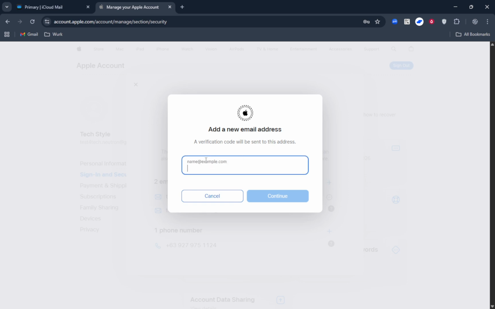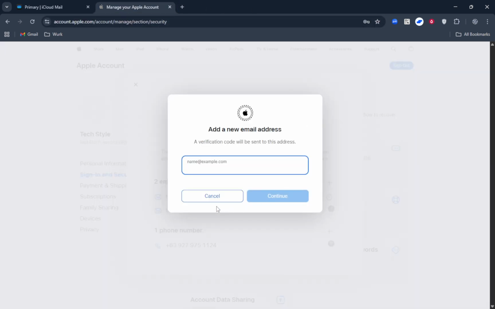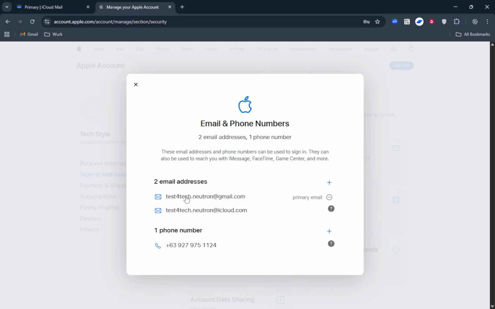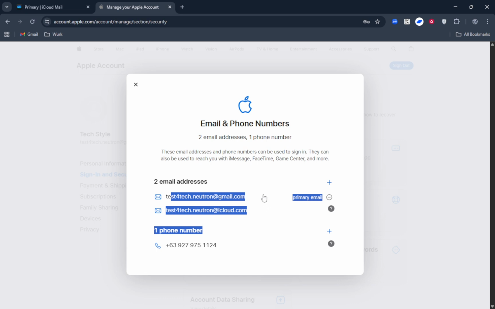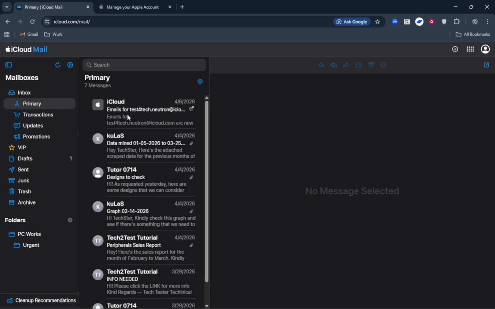If what you really want is a new iCloud email name for sending and receiving mail, create an iCloud alias instead. Go to iCloud.com and sign in, then open Mail. Click the gear icon for settings. Depending on the layout you see, go to Accounts or Preferences and choose Add Alias. Create your new @iCloud.com address, confirm your choices, and save. From now on, you can send and receive email using this alias while keeping your original iCloud account intact. It's a great way to use a cleaner address for specific purposes without changing your main login or moving data.